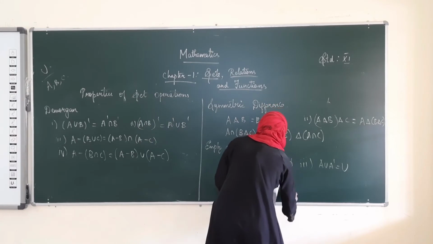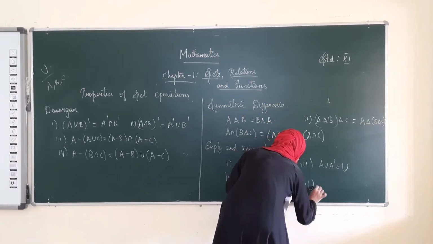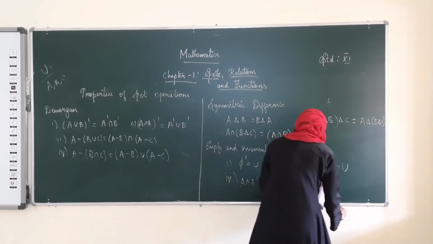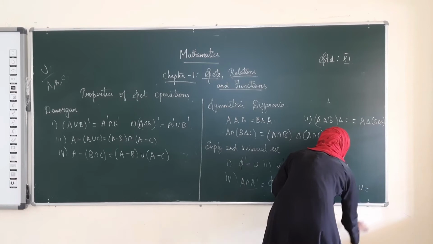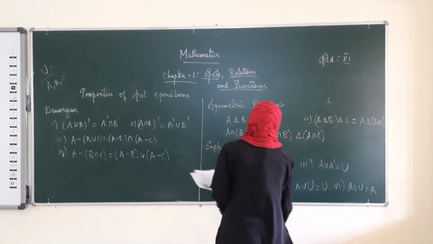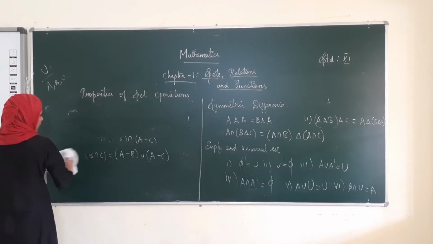And see, the fifth one is A union universal set will be equal to universal set, and the sixth one is A intersection universal set will be equal to A. Just mug up these properties, okay? And the last property